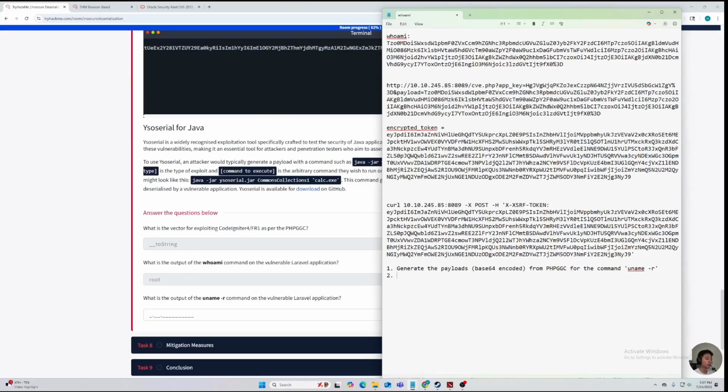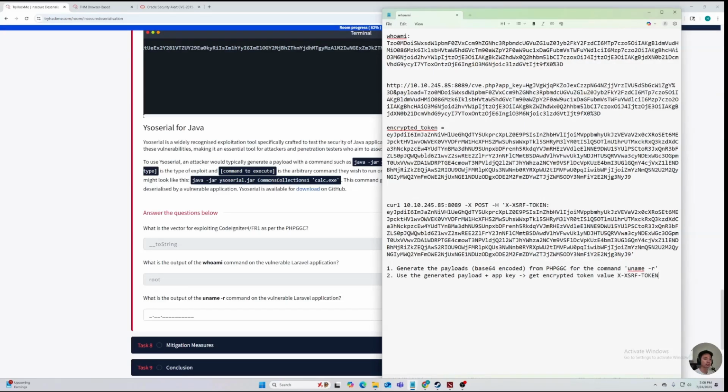Then we use the generated payload plus the APP key to get the encrypted token value for the